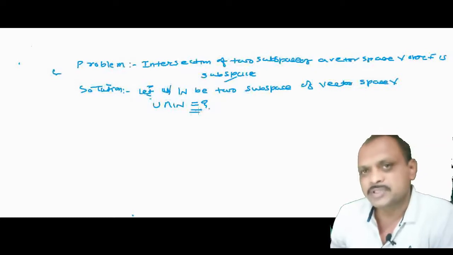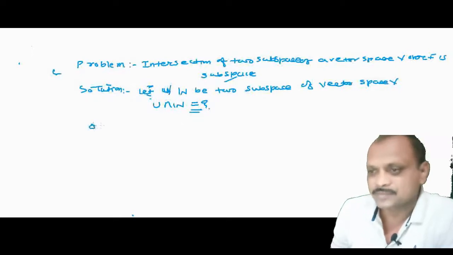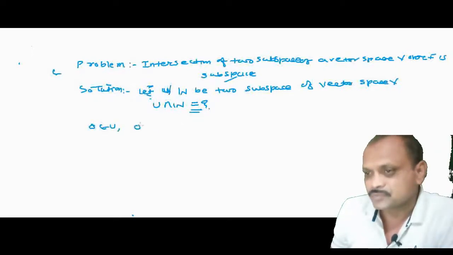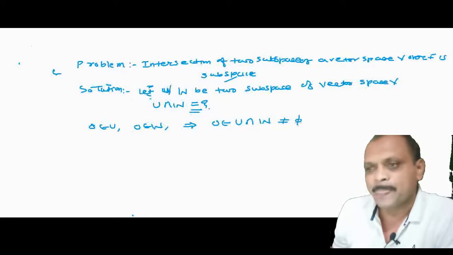Two subspaces means both contain the additive identity, that is 0 belongs to U, 0 belongs to W. This means that 0 is a common element and hence 0 belongs to U intersection W. This shows that this set is non-empty. Now consider that